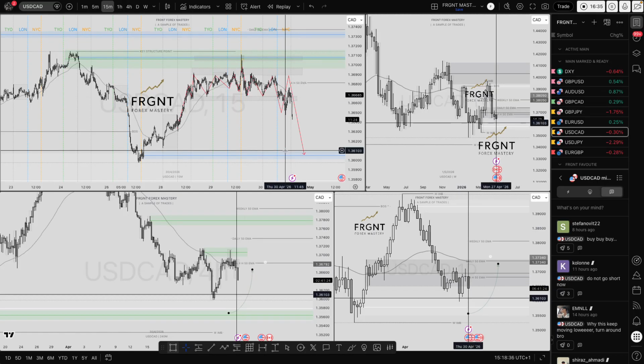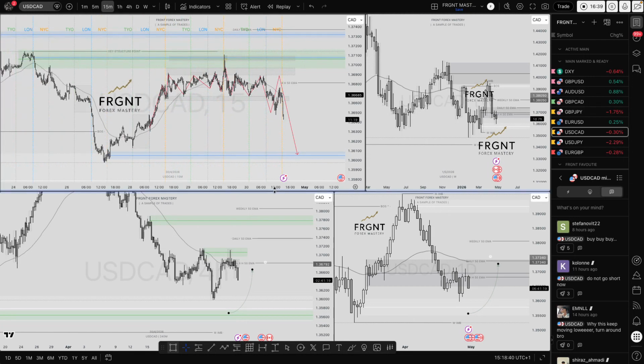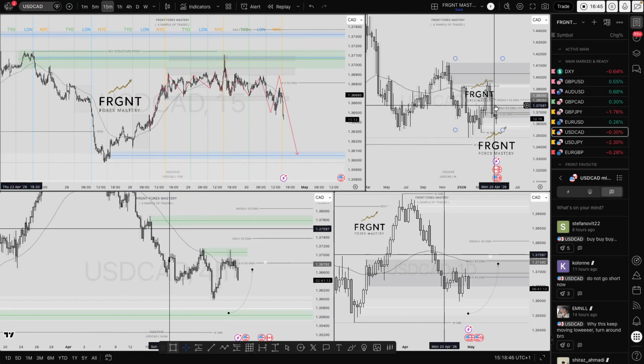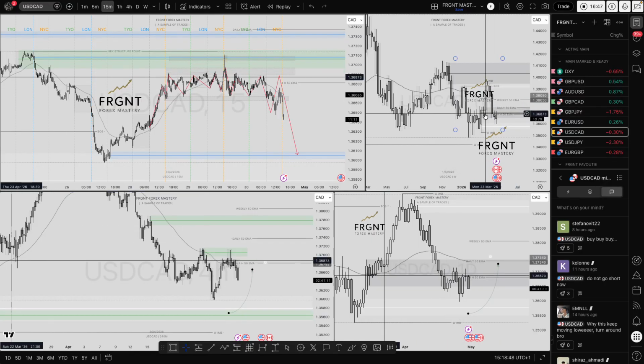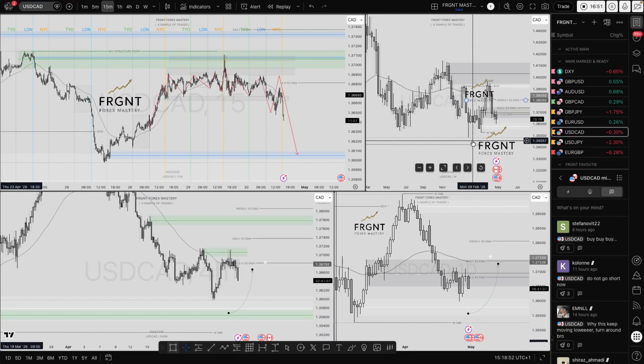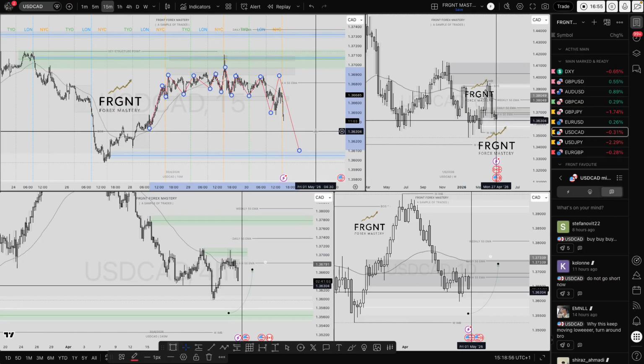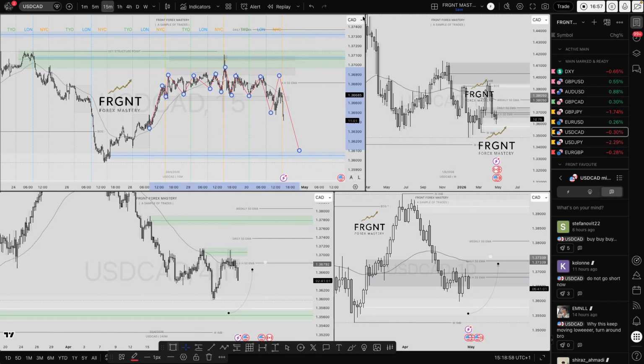I wasn't able to use my higher time frame confidence to take that, as I wouldn't then be trading in line with my higher time frame order block. So I cannot short into a weekly order block, recognizing that the weekly order block should actually be pushing price higher. So at the moment, nothing for UCAD either, despite UCAD moving in a direction of travel that I believe it should do in order for the pullback long. It's just not something that I'm able to take at the moment. So that's UCAD. EG, nothing on EG.